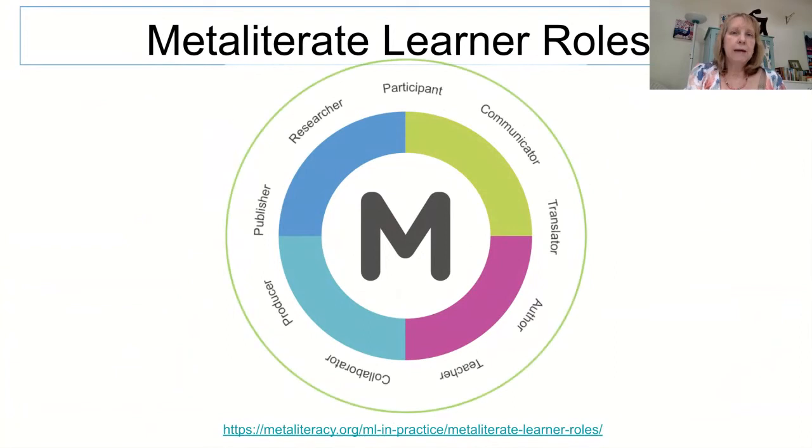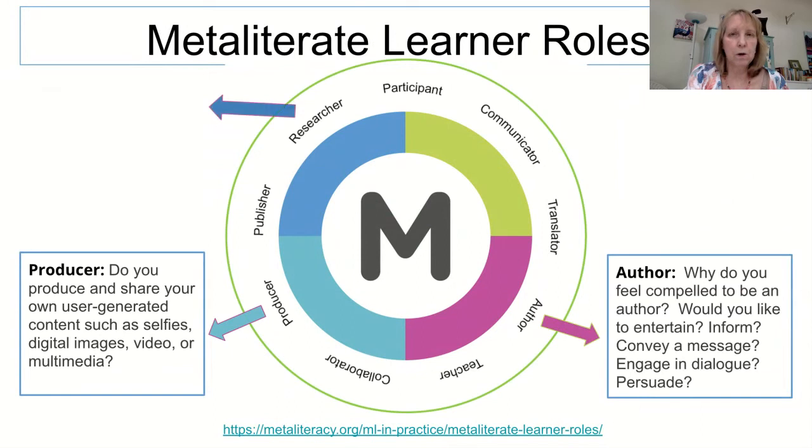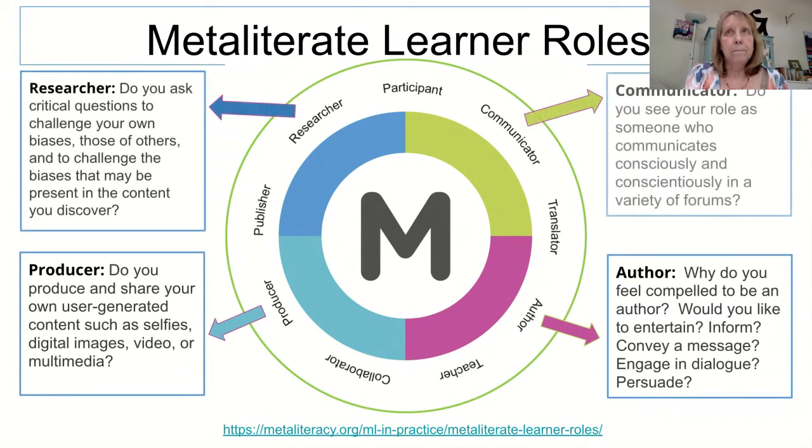And then there are the 9 metaliterate learner roles. Just 4 of them are going to be called out here. But introducing students to these, and there are sets of questions, and you're seeing a little bit from these questions for each role, has really had quite an impact on my students. I collaborate with a political science professor, and these questions actually came from the work she does with her students. She said that the students weren't really understanding the roles, and would it be possible to explain them further?